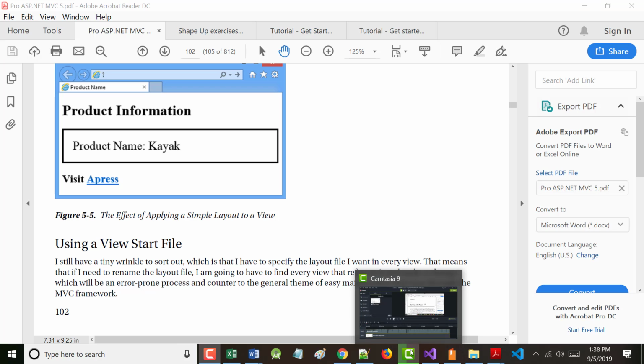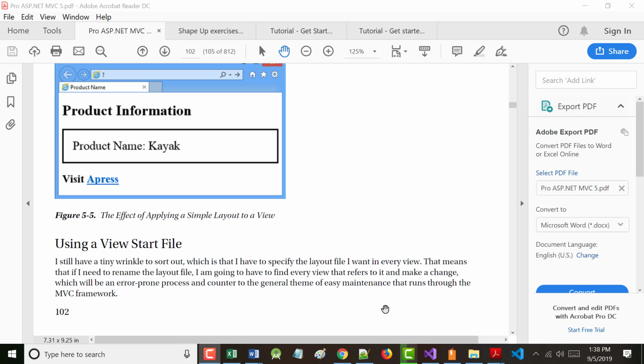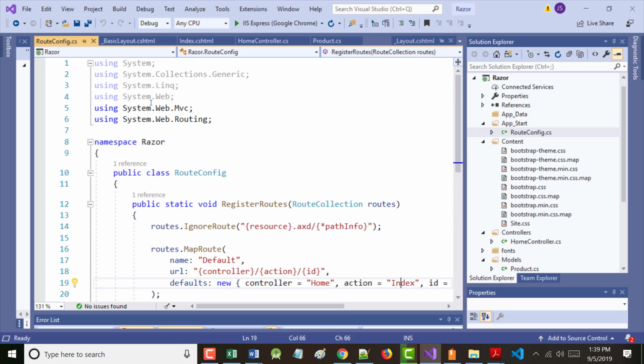Alright, then let's continue on. I'm on the bottom of page 102 using a view start file. And the author says there's kind of a problem with what he's done so far. That meaning that with him putting in